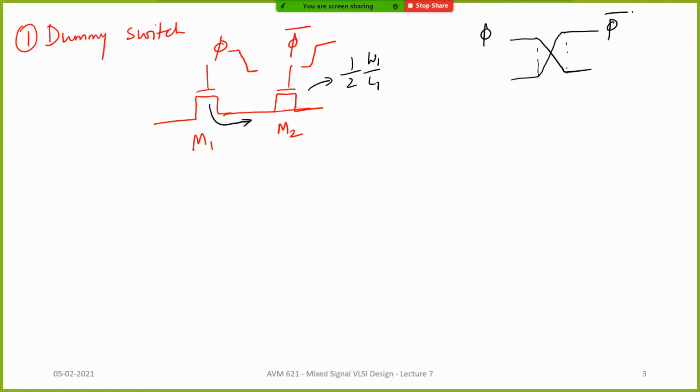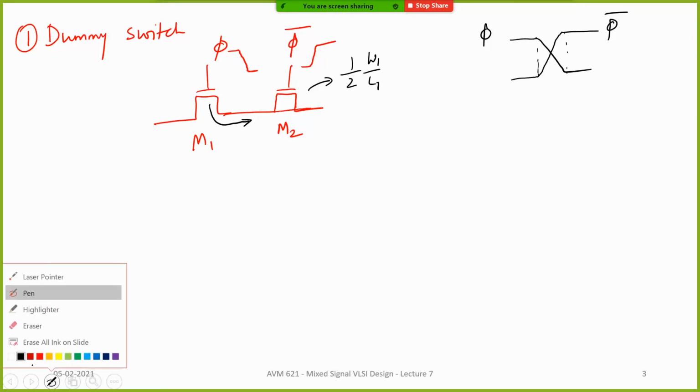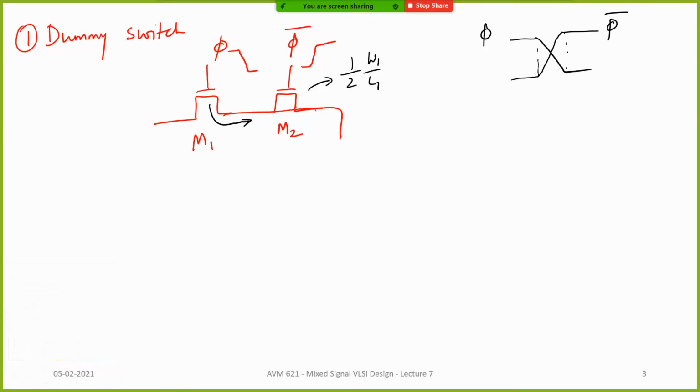For fairly lower frequencies, yes, it can be done, but it's not so easy, but it can be done. On the other hand, saying that half the charge is the one which is getting dumped onto the right hand side is again guesswork, or more like a very approximate thing. Nobody actually knows how much charge is going to come to this side. So to a first order, using a dummy switch can help. At least some amount of charge will get accepted by this dummy switch.